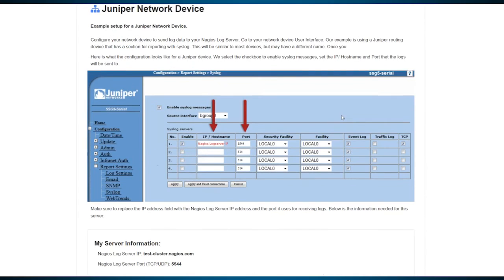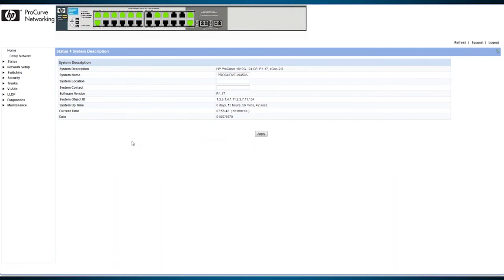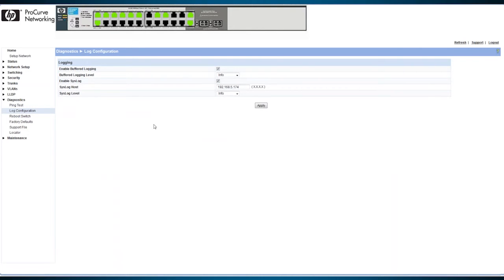But on this ProCurve, for instance, we'd go to our diagnostics section. We'd go to log configuration, and we've got buffered logging enabled. We've got syslog enabled, so it is going to actually start logging. We've got the syslog host that it should send to, and then the syslog level. And so this is how we'd set this one up. But like I said, each network device is going to be different. It'll kind of be case by case, and you'll probably be a lot more familiar with your network devices than I would be. But once that's set up,